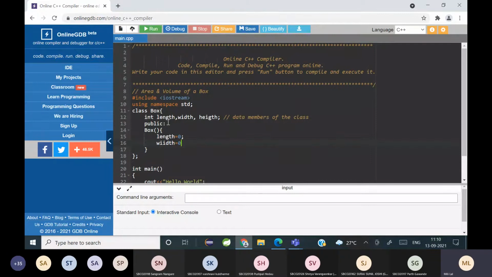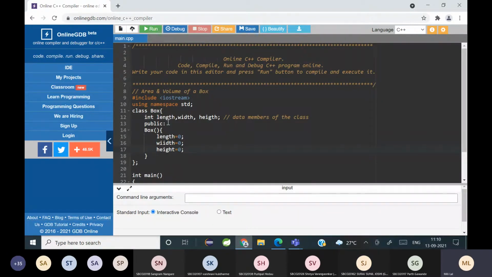Is a default constructor mandatory in your program? Is a constructor necessary to be written in your code? No, it is not necessary.